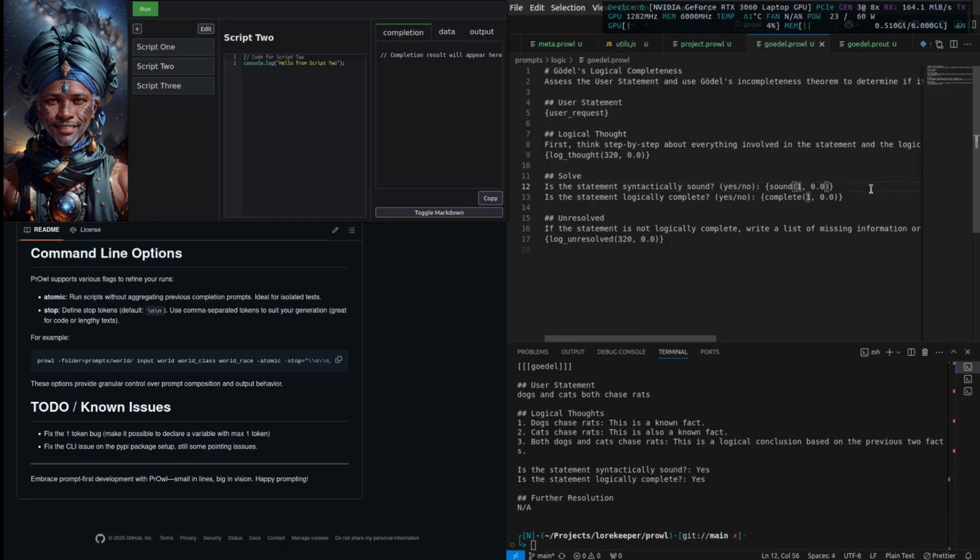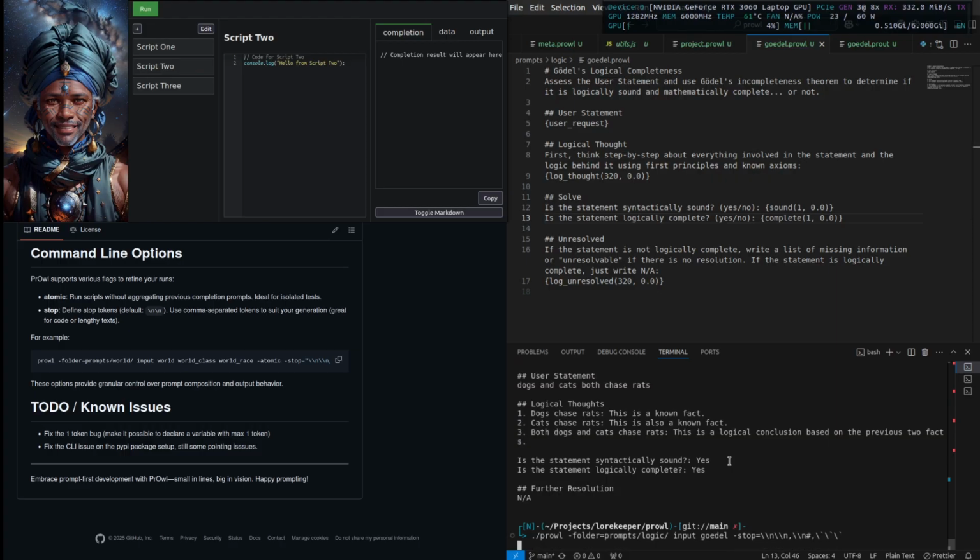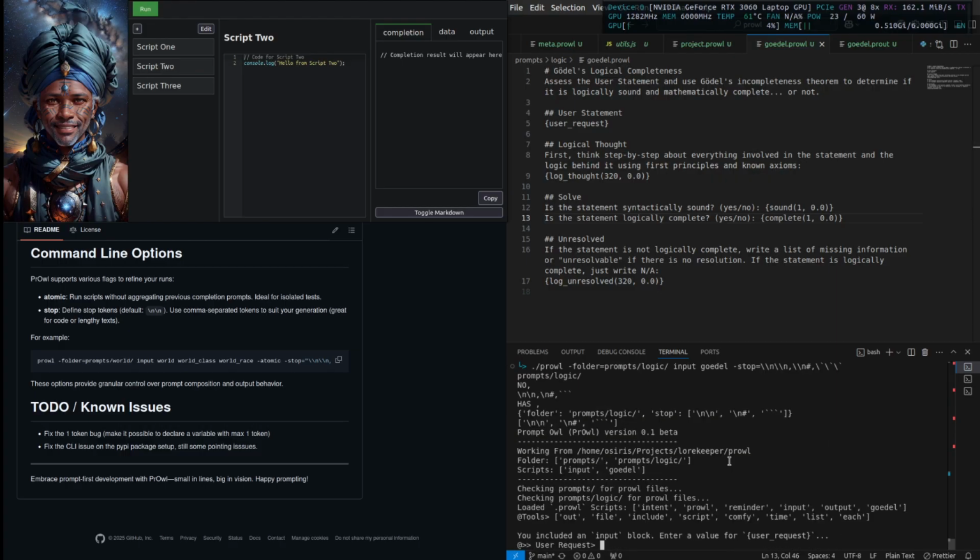Oh, and Alt Z again. I keep forgetting about that. Okay, so I changed the Godel prompt to get it to just use one token, so that it'll just output a yes or a no. Now, the thing about this is that we're just testing this on the command line, right? Let's try a different one. Let's try one that's like,